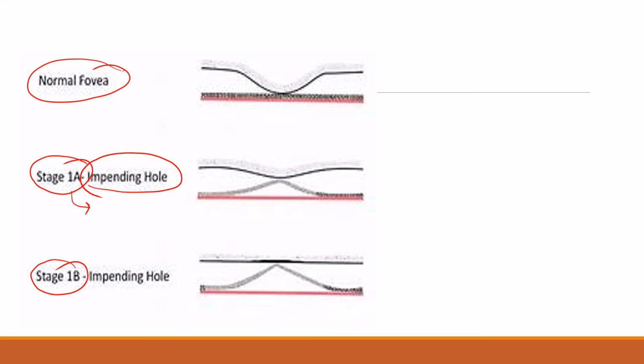In stage 1A, Gass said that in the fundus we will see a yellow spot, whereas in stage 1B we are going to see a yellow ring formation. Now, why do you think he said there's a yellow spot or yellow ring? According to Gass, in stage 1A, the yellow spot occurs because of a serous detachment of the retina at the fovea. Detachment of retina is nothing but when the neurosensory retina gets detached from the retinal pigment epithelium, right? Since this detachment is occurring at the level of the fovea, this is called a serous retinal detachment of the fovea. According to Gass, this is the reason for development of the yellow spot at the fovea